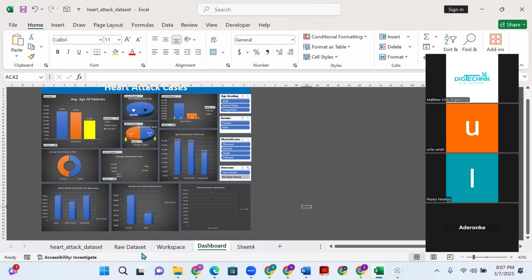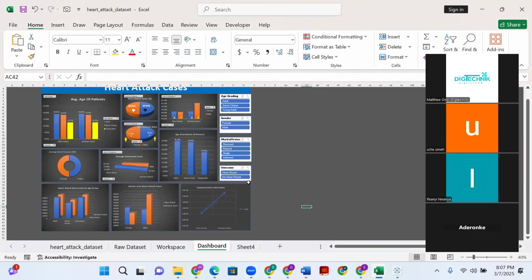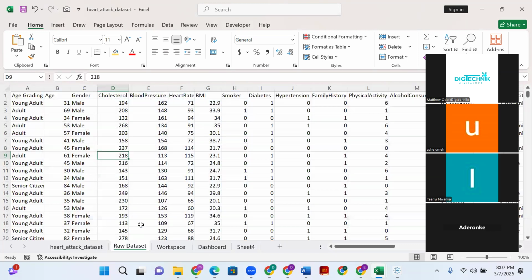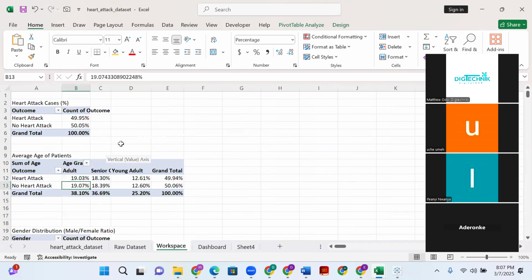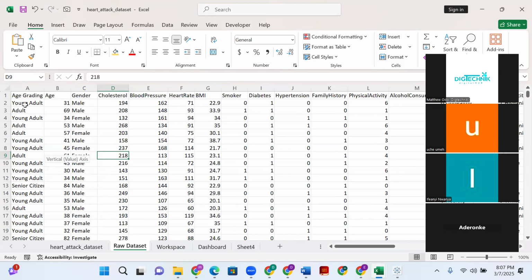Yeah, I'm with you. Sir, please, how did you create the column for the grade? The grade. Show me the grade. In the main data, you said you created a column for the grade. Okay, this one, age grading. I use the if condition. If you remember our if condition,